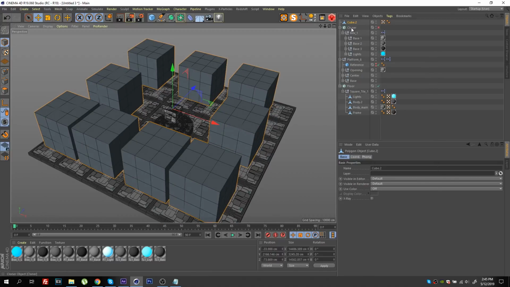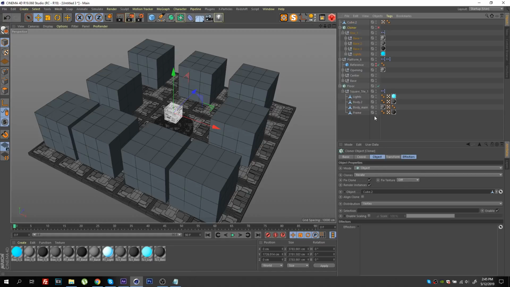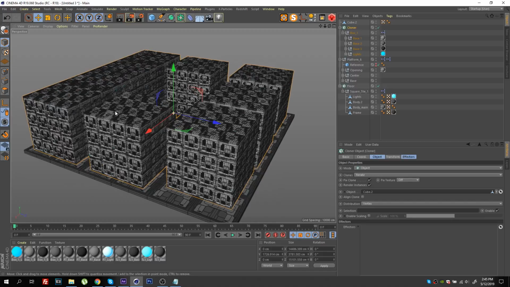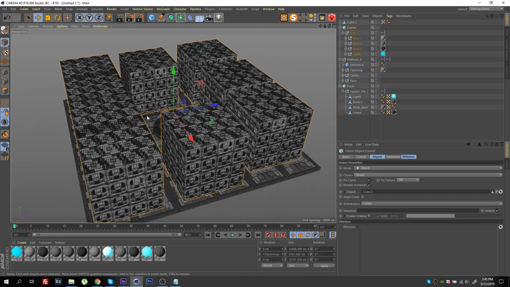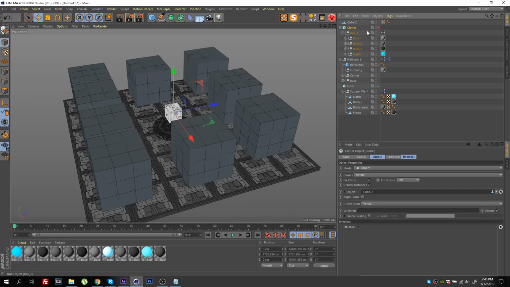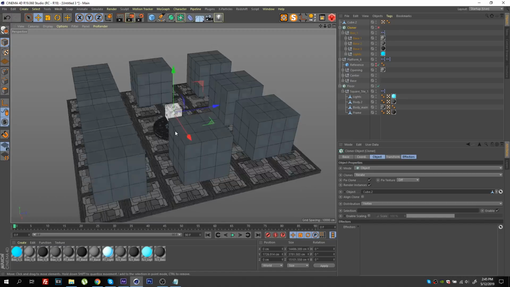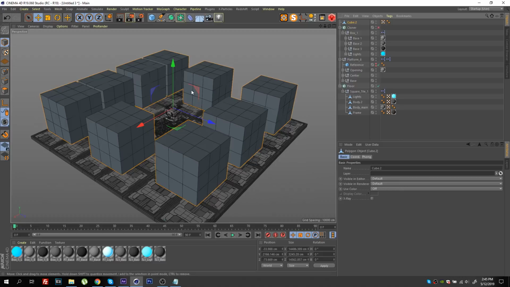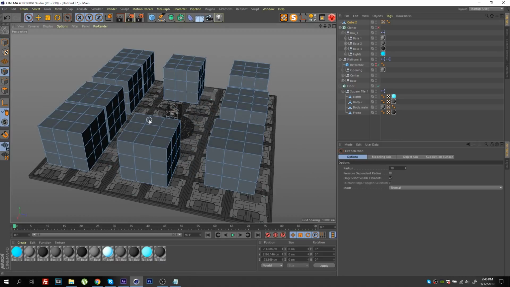Now if we go back to our cloner and drop the cube again and turn on the cloner, you can see that we have a lot of boxes, and this is not necessarily what we're looking for. Let's turn this back off. You can see that this cloner is using the vertices as distribution method. So how many vertices you have in your cube, that's how many clones you're gonna get. And basically if I grab this cube object, and go to point mode,